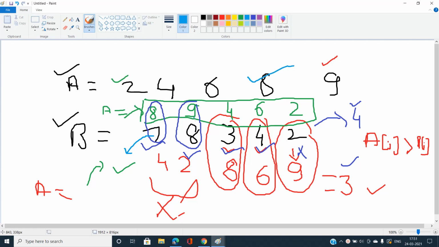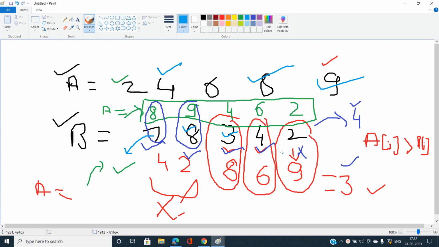And for the element of B which is 8, at index equal to 2, if there exists an element which is just strictly greater than 8, yes it exists, it is 9. And for 3, at index equal to 3, we have element 3 of B, and I am going to find if there exists an element which is strictly greater than 3. Yes, it is 4.